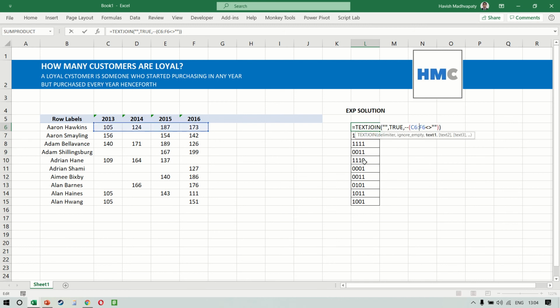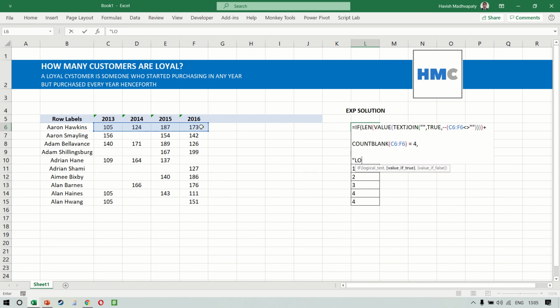Like the previous example, we want to convert this into a value. Once we have done that, the result comes like this, which means that the leading zeros have gone away. After doing the VALUE function, we want to find the length. And just like earlier, after finding the length, we want to say that if the length plus the COUNTBLANK of the same four cells is coming as 4, then the result is the value, otherwise the result is a blank.